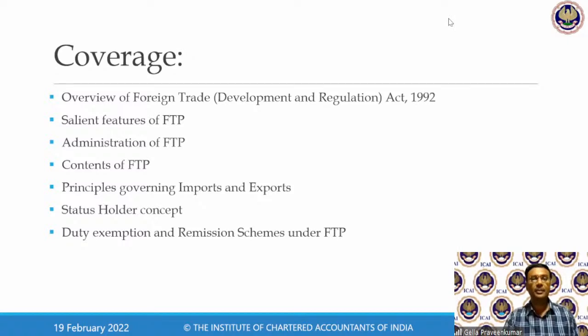Yeah, come to page number 9.23. 9.23, Institute material, page number 9.23. Now, this particular aspect of duty remission and duty exemption is a broad coverage of my foreign trade